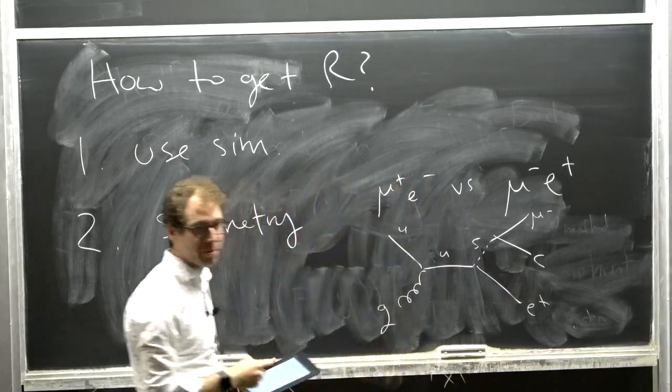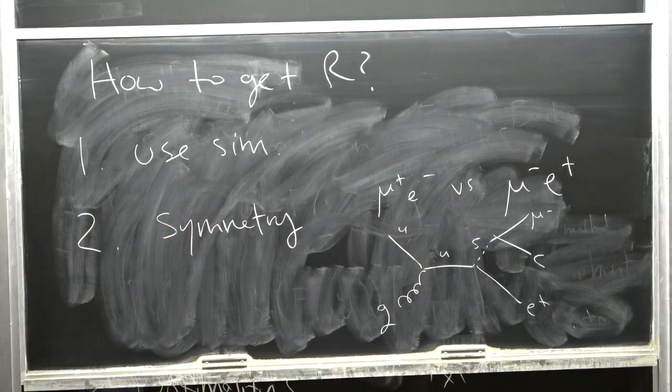So for instance, this is a leptoquark, a scalar leptoquark. And this scalar leptoquark has a preference for mu minus e plus as opposed to the other way around. And so you could imagine using all the features in the data, taking these two data sets, mu plus e minus and mu minus e plus, train a classifier, and if there's a difference, that might give you a sense that there might be something like this in the data.